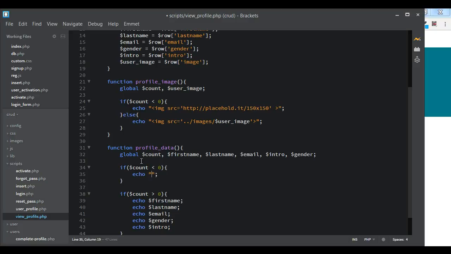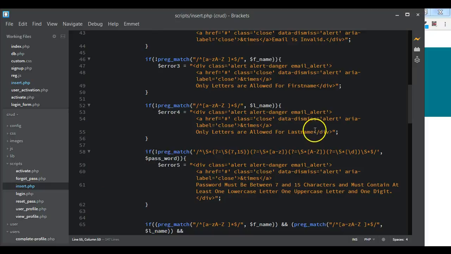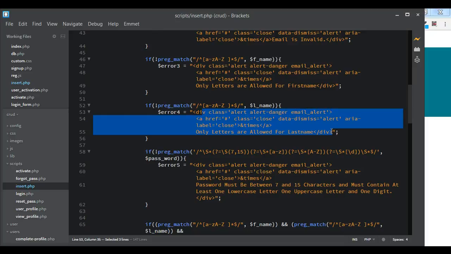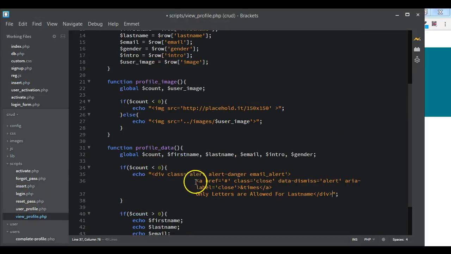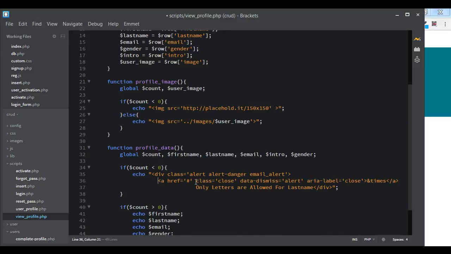So we use a div, but to save time we just go ahead and copy what we already have, copy it out, and paste inside. Here the message we're going to have is,